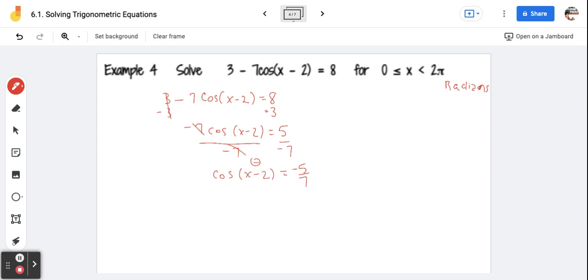I'll just carry 2 decimal places. So the angle theta, which is x minus 2 right now, is 2.37, or theta could be,